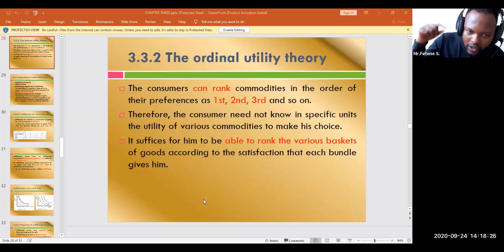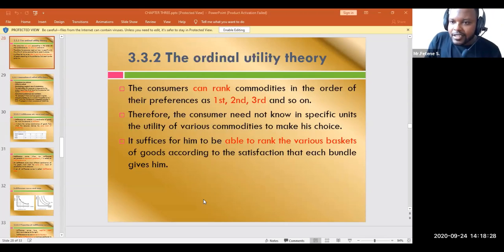The cardinal approach believes that the utility of the consumer can be measured by using numbers ነው የሚለው። ይሄኛው ግን ራንክ ነው የምናደርገው ይላል።